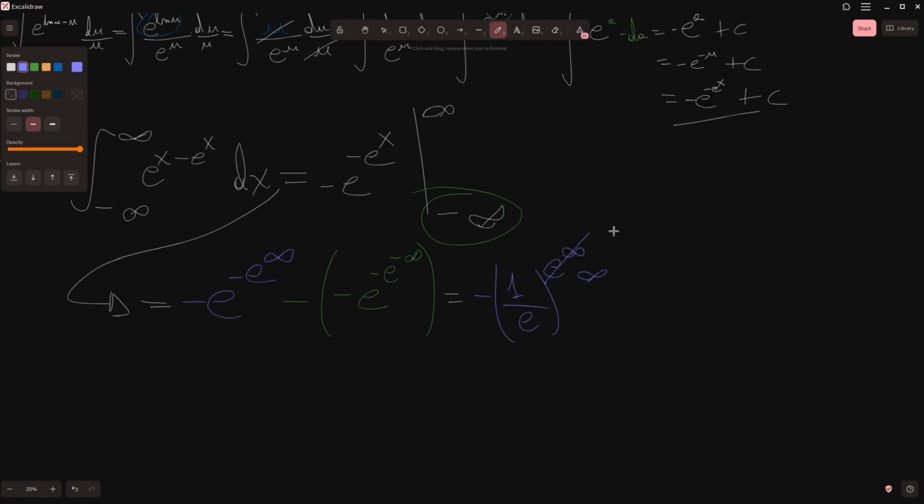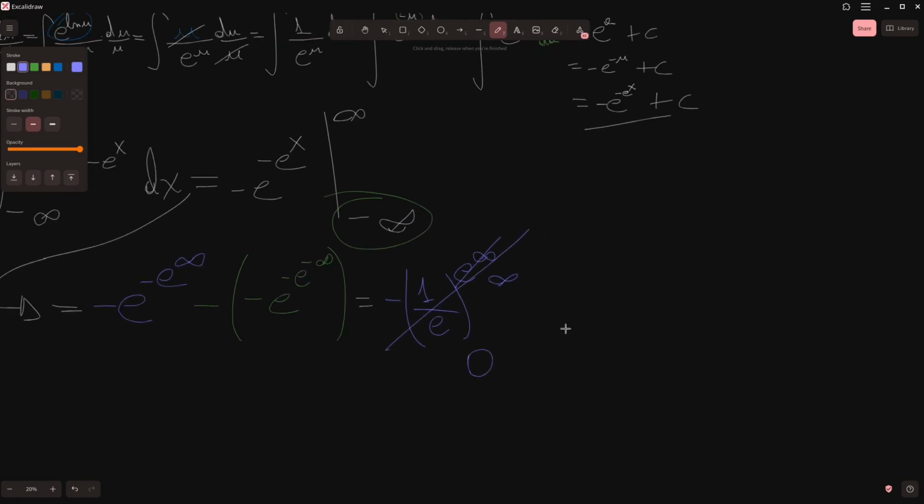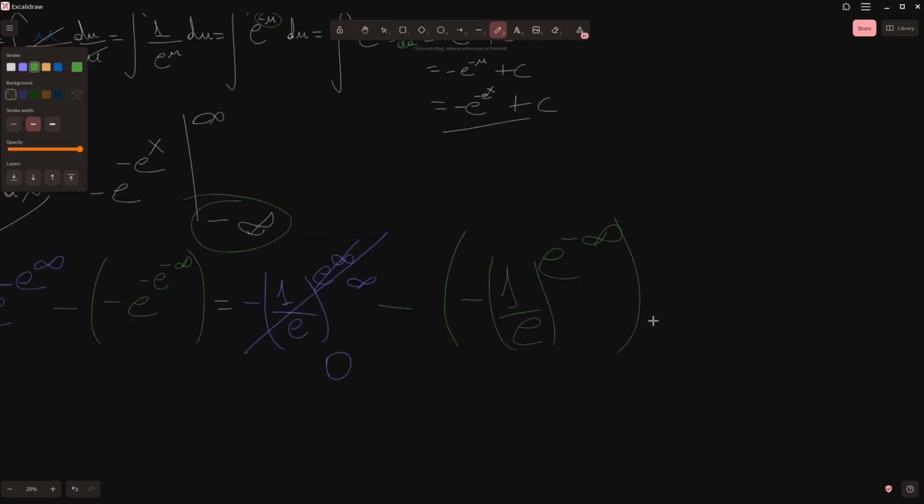So this entire expression is 0, and the second one should be, let me see, minus 1 over e to the minus infinity, which is